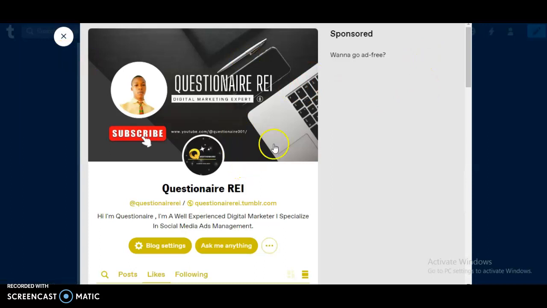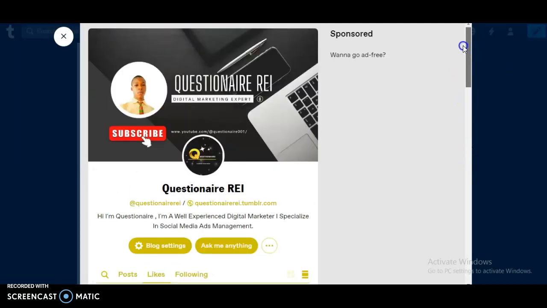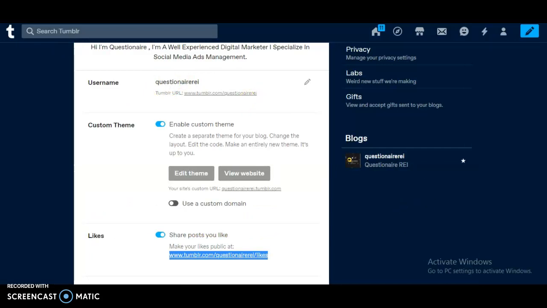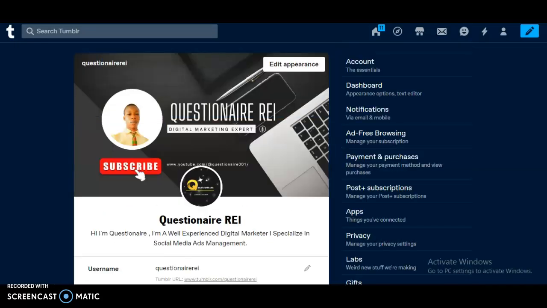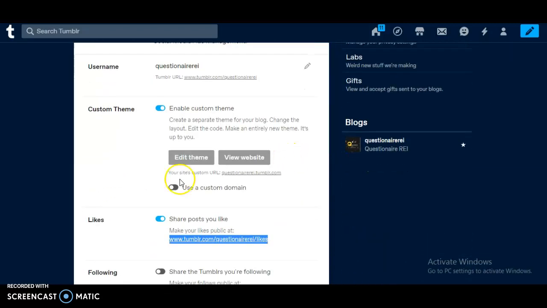So I want to show you something now, guys. For example, if I want to run an ad right now on my specific blog website, as you can see, sponsored, go ad-free. If you don't want any ads to display on your Tumblr, that's where you're going to click on go ad-free. Okay, so now the next thing to do is to click on edit theme,